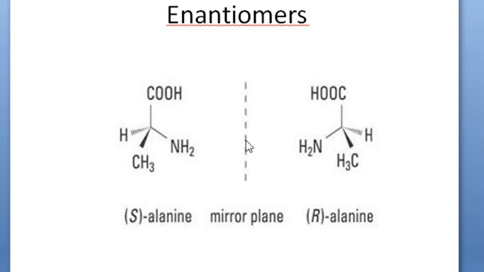And one more condition is that they should be non-superimposable. So lift this molecule and place it on this one, then what happens? Hydrogen will overlap with NH2. On lifting this molecule and placing it on this, it is non-superimposable, you can say. So once it is non-superimposable and a mirror image relationship is there, then you can say that both are enantiomers of each other. And they must have a chiral center also, that is a must. When you have a chiral center, only then can you make a mirror image of that, and a non-superimposable mirror image is possible.